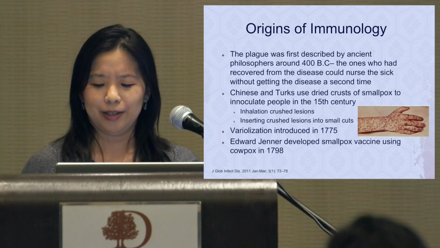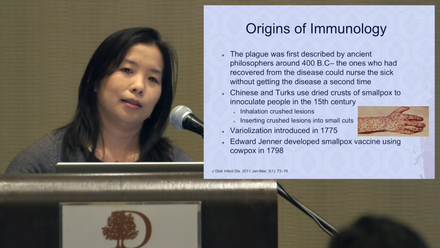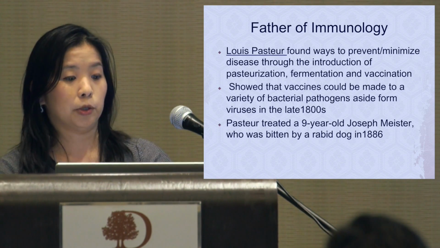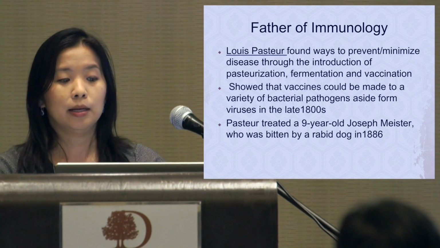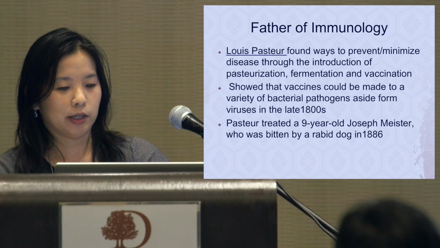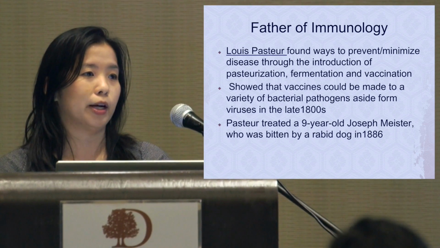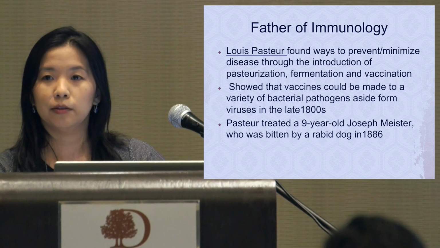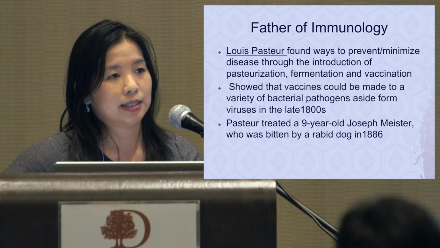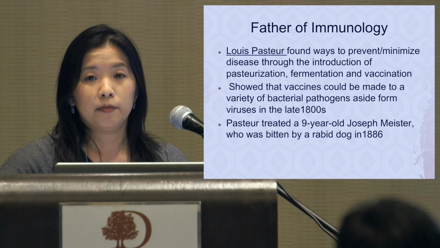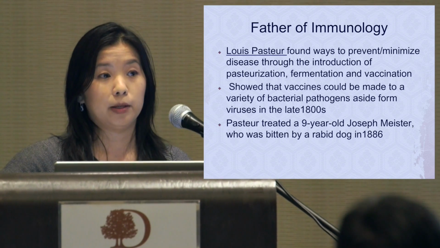And it's like, wow, what were they doing back then, right? But Edward Jenner was not the father of immunology, it was Louis Pasteur. We hear about pasteurization, milk pasteurization. The reason he's the father of immunology is because in the 1800s, he found ways to prevent and minimize disease spread. He came up with fermentation, vaccination, and pasteurization. And he's the first one that came up with vaccinations against bacteria. All the vaccines developed earlier were against viruses, but he came up with the first one for bacteria,